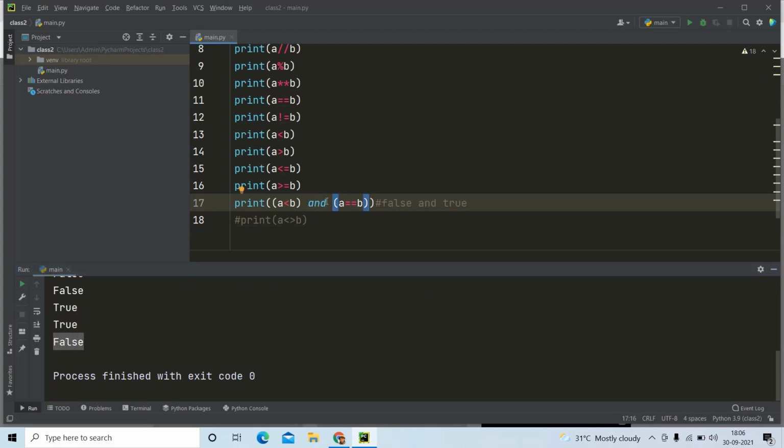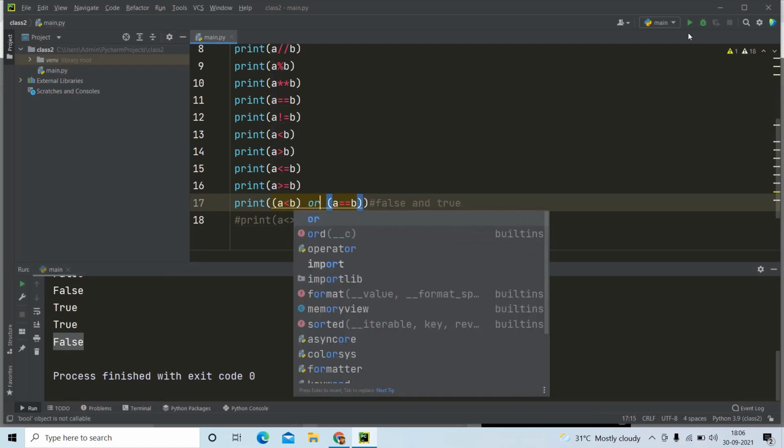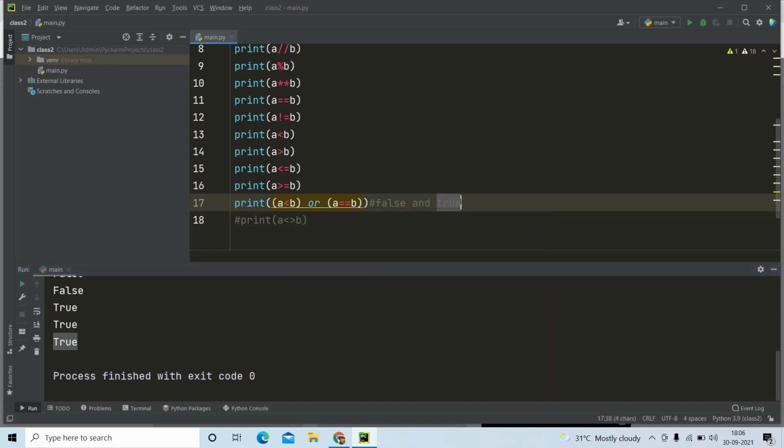Here we can also write another operator called the OR operator. If I run and show you the program, it will return true because OR will check that even if one condition is true, it will return true. That is the condition for OR. And if I am going to write NOT, NOT is applied to one condition itself.